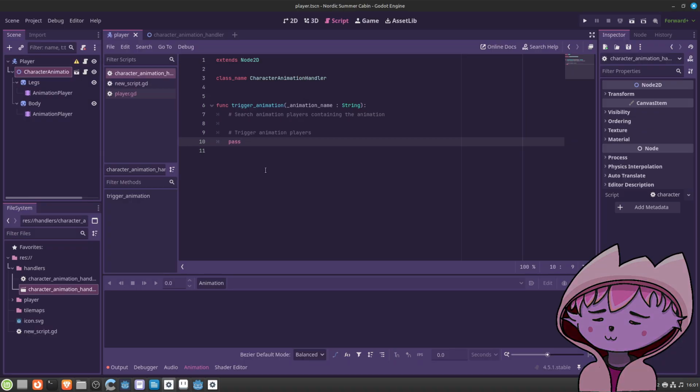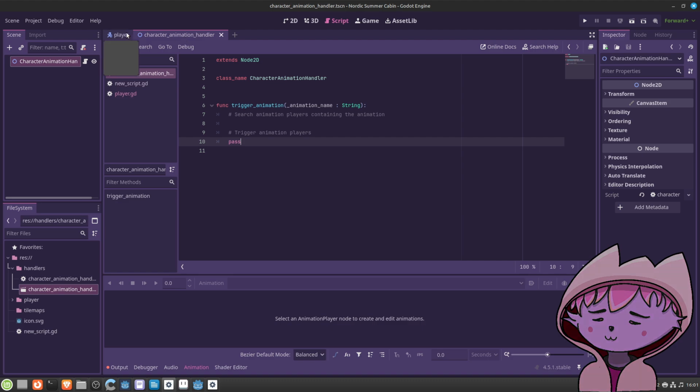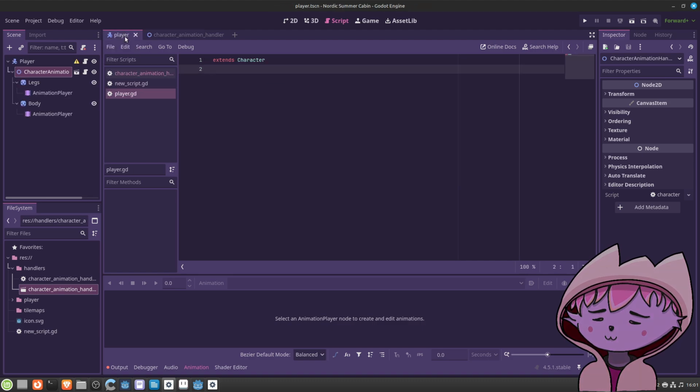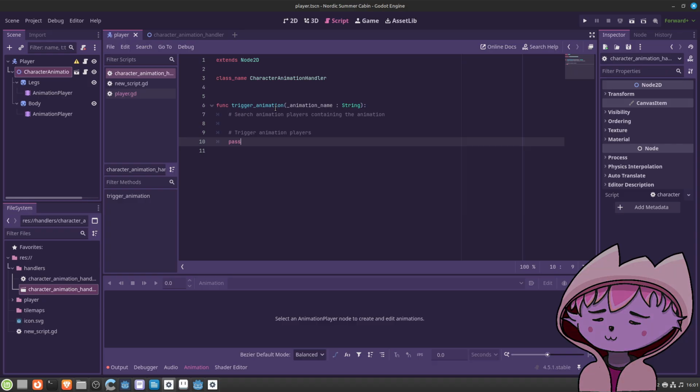What's the problem? Oh, collision shape missing. So that's, I guess this would be working for every single character. And then we could assign, we can override this character animation handler for the player, which you would call player animation handler, which extends this. So we have this base functionality for legs, body, everything. And then we could say, yes, that seems fine.